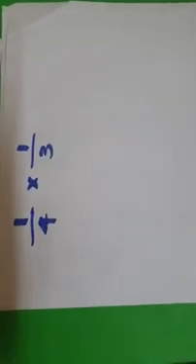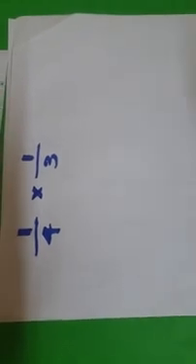The objective of this activity is to understand how to multiply and divide rational numbers and solve problems based on the multiplication and division of rational numbers. The required material is strips of paper, pencil, color papers, and if you have chocolate or something, you can take it. Now, how to proceed with the steps.